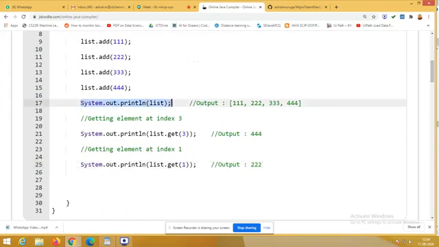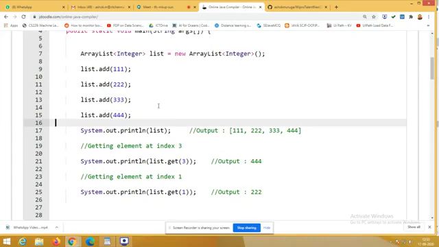To print the list, I am using this statement, and to get the corresponding element from the list, I am using the position 3. Start with 0, 1, 2, 3. It will fetch me 444. If I fetch position 1, it is ready to get me 222. Within the method get, I have to give the corresponding position. The first position starts with 0 and it will travel up to n minus 1, the positions of the list elements available in the array list.